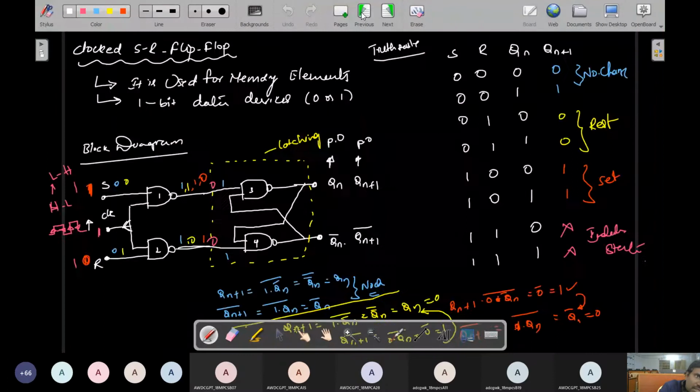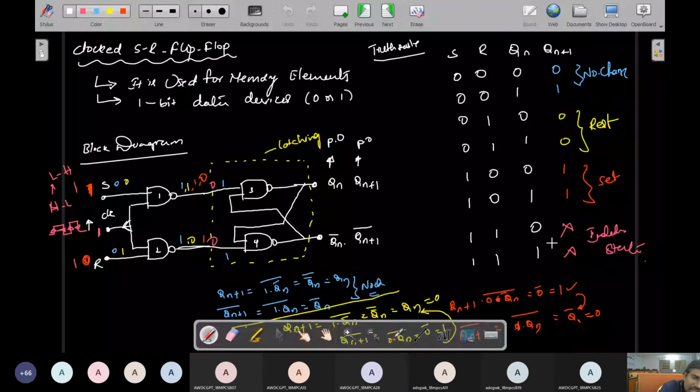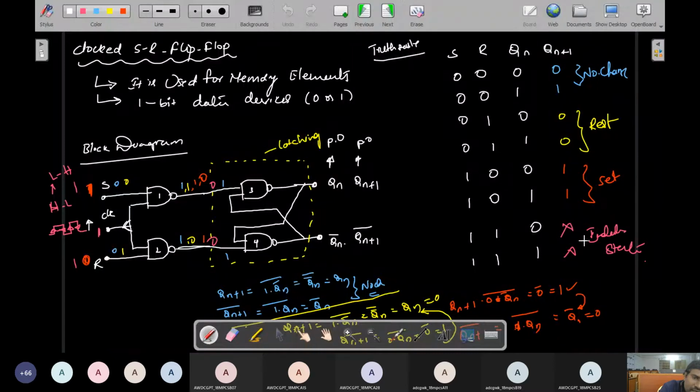are 1. See, in the SR flip flop, put S equal to 1 and R equal to 1, set and reset pins both 1. You consider 1 1. At that time the present output shows an indeterminate state. So it means it doesn't care about it. Okay, so that is the meaning. Indeterminate means the state was not explained.